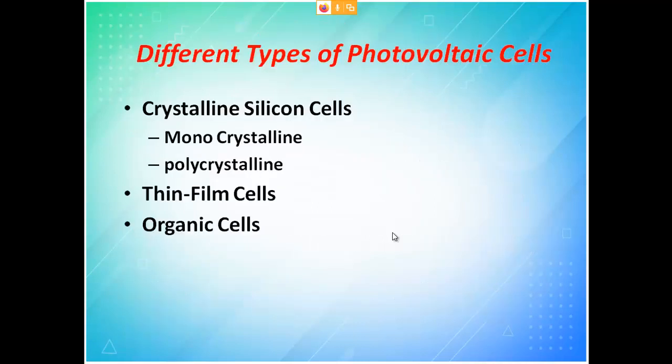Okay, when you move on to types of photovoltaic cells, they are majorly classified into 3 types. We call them crystalline, then thin film, then organic cell. All this you have to clearly understand, because when you go into industry all this is required. That is why I am explaining in a little detail for you. I can even explain in 5 to 10 minutes, but all this you have to be very clear about.